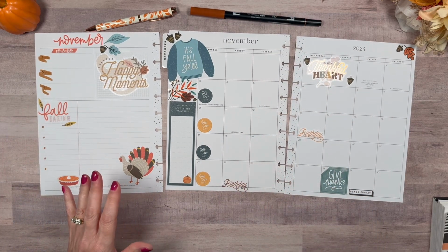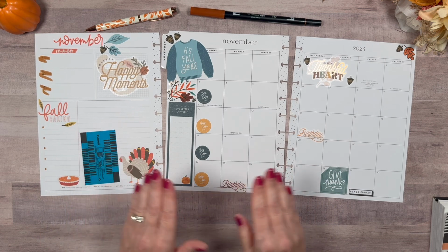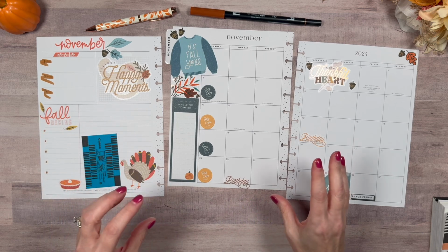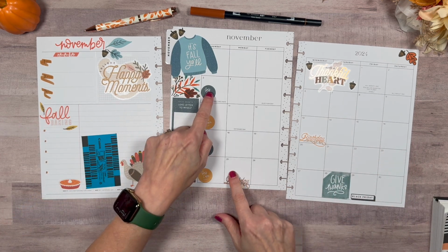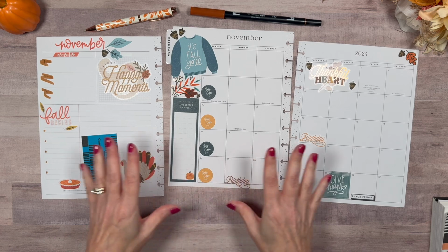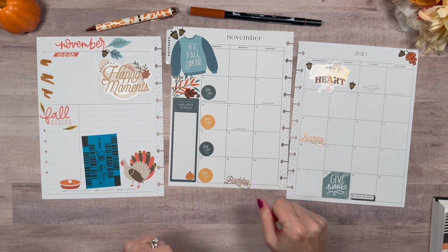All right, let me grab my picture. We'll talk about this, and then we'll be done. So what I have is my November currently and month of my creative journal memory a day. And I've done kind of that fall, thankful caregiver vibe. So I've incorporated some of the caregiver stickers as a reminder to stop, take a breath, practice a little self-care. I have some birthdays marked. I do have some dates I have to find, but I'm